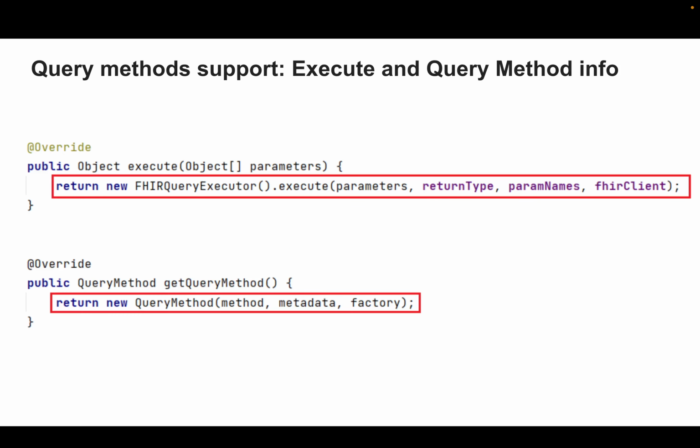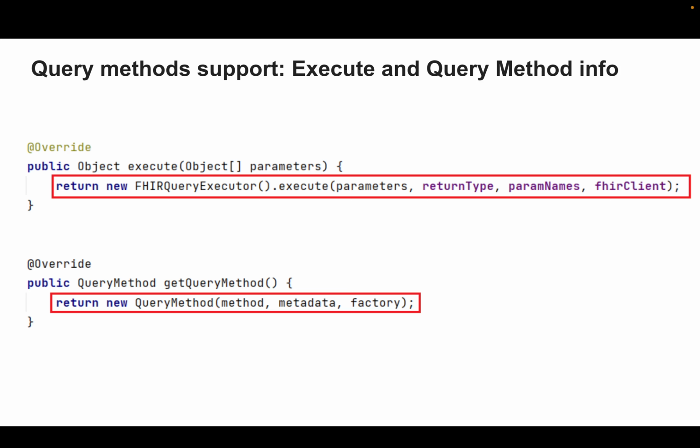After this method is executed, we will have a list of all the parameter names we have, and also we need to implement a few methods inside our FHIR query. The first one is the execute method, which actually executes the query, and we put this logic in a separate class called FHIR query executor. And also each repository should know all the information about each query method it contains. This information we return from the get query method